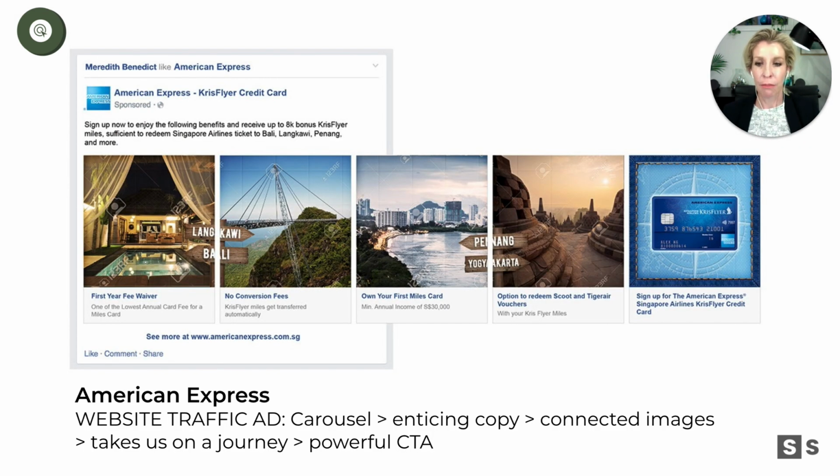Here's an example of a clever, enticing storytelling type carousel from American Express. So again, this is a website traffic ad. We know because it says see more at American Express, they want us to go and click on that and get right to their website. But every caption tells a different story or has another kind of sub headline within it, a key message that they get 5 of them to write tight and bright. And then one general headline for the ad, sign up now to enjoy the following benefits, or that's the ad copy. And then those little arrows on each of the images that make you want to see what's on the other side of it. And basically they're directing us forward. So pretty cool.